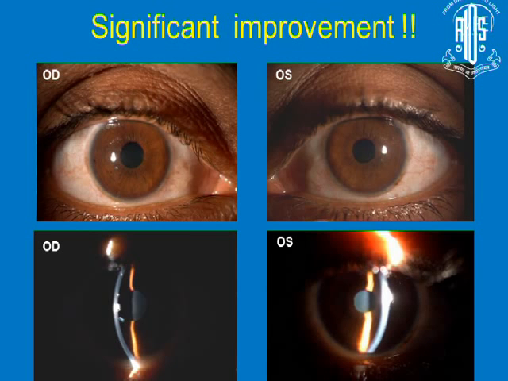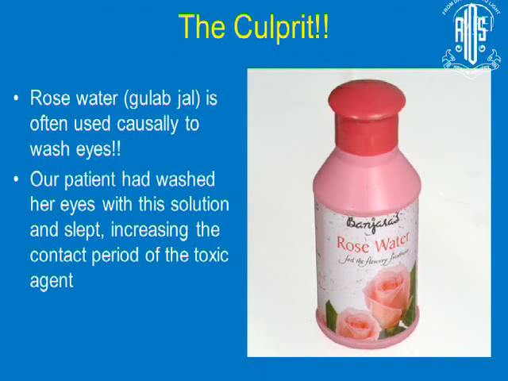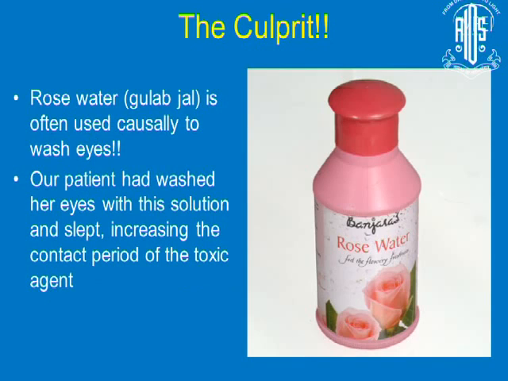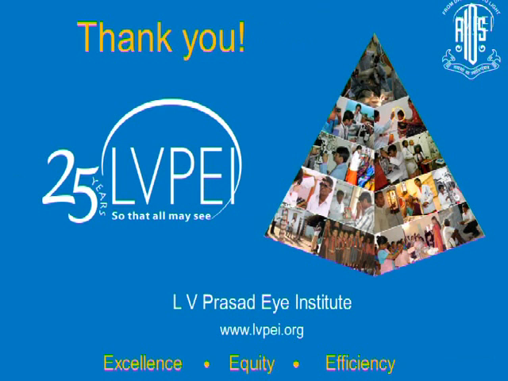So what was this patient doing? It was not factitious, but the patient was using a particular agent to wash her eyes every night. When we cultured it, we grew just about everything from this gulab gel that the patient was putting in her eyes. So sometimes it's not purely inflammatory, it's not infective, it can be straddling somewhere in between. And we have some conditions that are very peculiar to our subcontinent, to our cultural practice. So we need to really look beyond a conventional history or a classical diagnosis. So thank you very much.